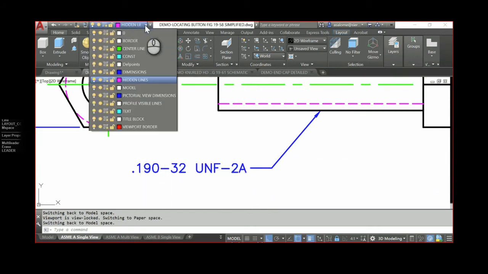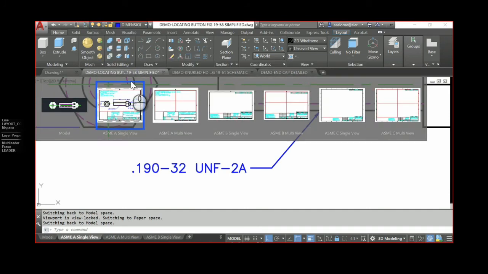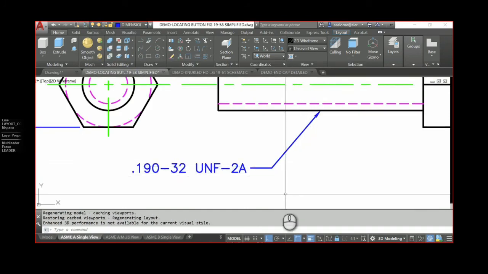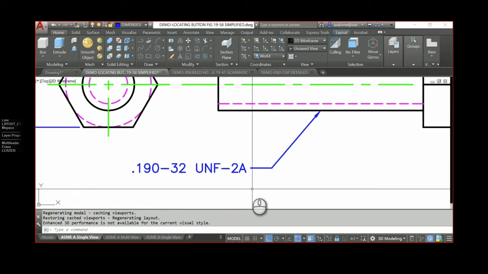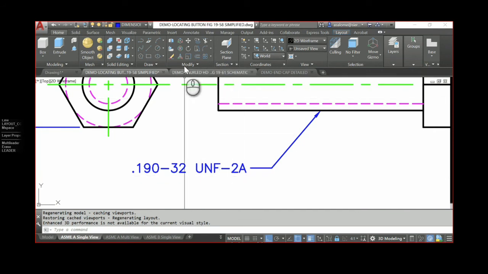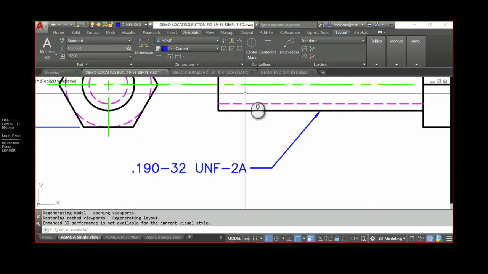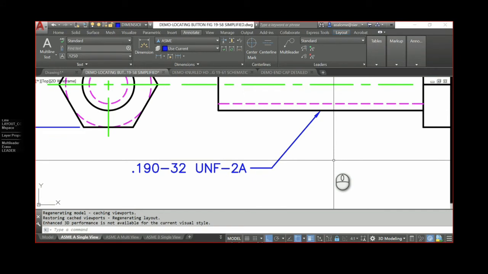So AutoCAD has two different commands for doing leaders. Actually, it has more than two, but we're going to talk about two of them. It has the leader command, which you must type in, and it has a command called multi-leader, okay? And that appears over here on my annotate sheet in a panel called leaders, okay? So this panel called leaders, everything that happens in this panel is a multi-leader. Now, multi-leaders are great if I'm an architect.